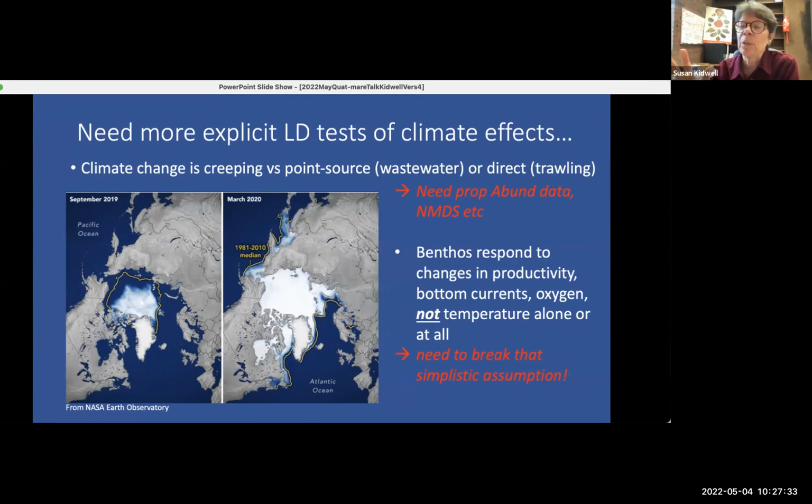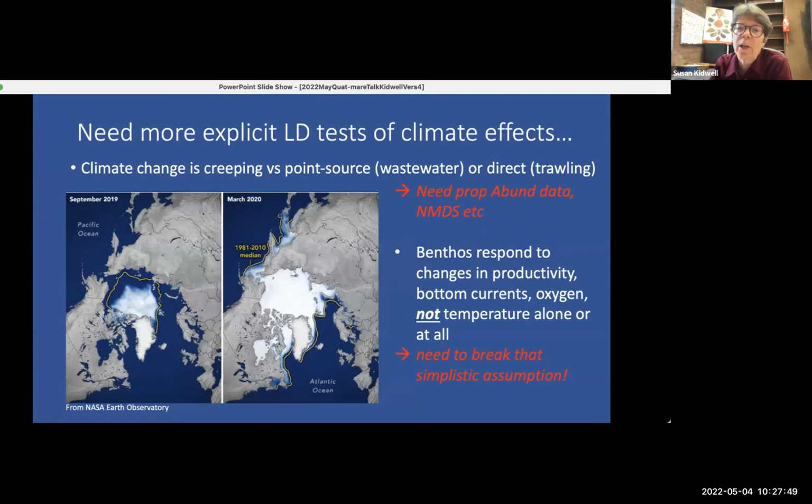Climate change is creeping, it's insidious. So what we're finding is we need proportional abundance data to detect live-dead discordance and multivariate display methods. The other thing I like to point out, and this comes from former students of mine who worked in